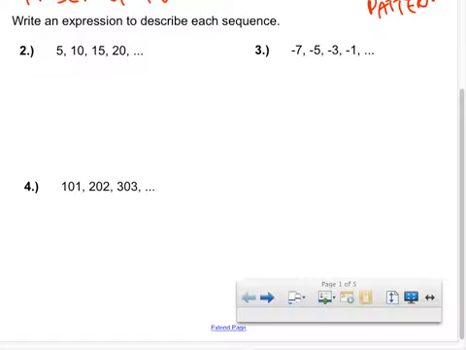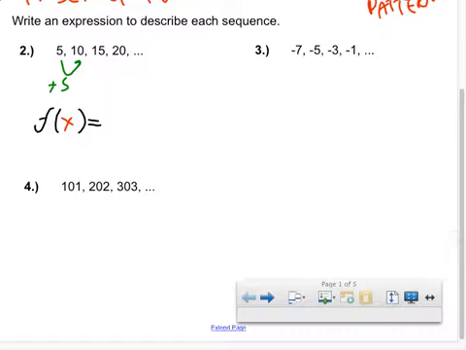Common difference. So here we had a common difference of add 5 to each term. Okay? So for my function, if I have a function and my variable is x,